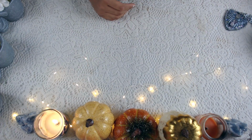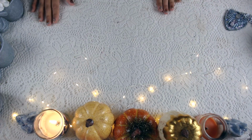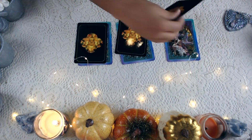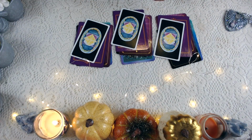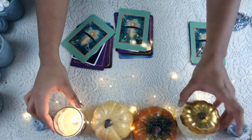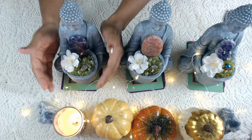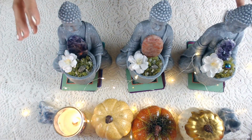Okay, let me go ahead and shuffle the stacks, and then you'll see your selection, you'll see your options, and choose which one you feel drawn to. All right, so we've got option number 1, and all three of these are my crystal Buddha